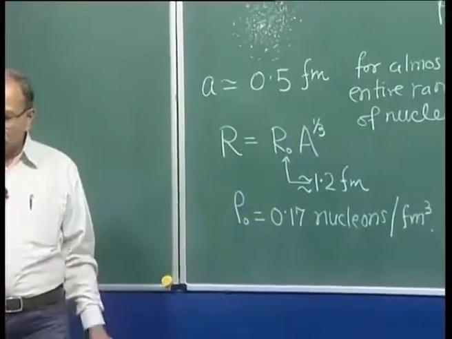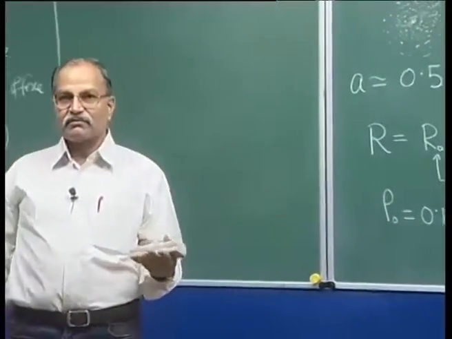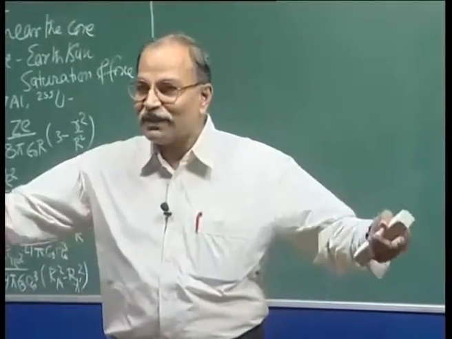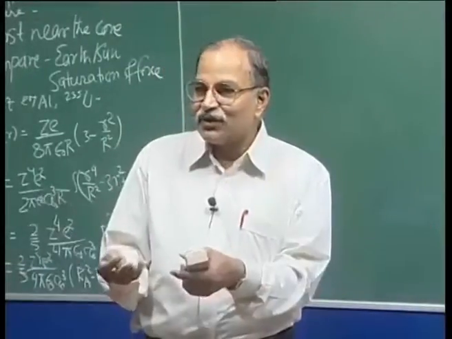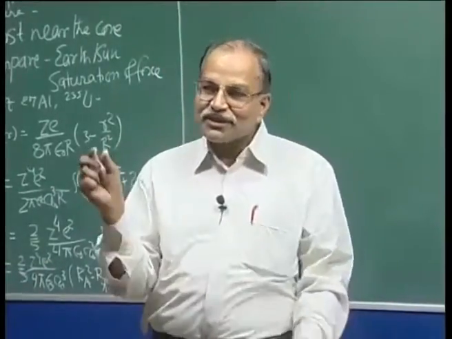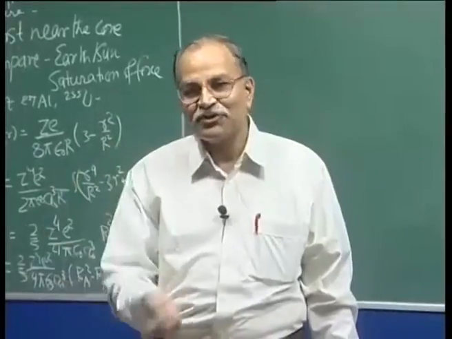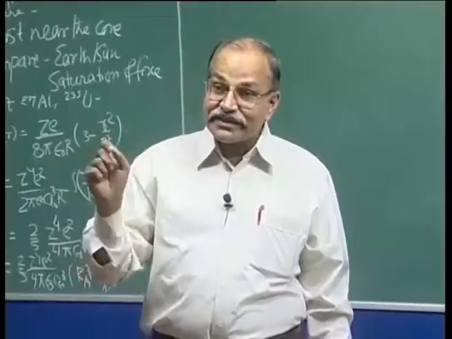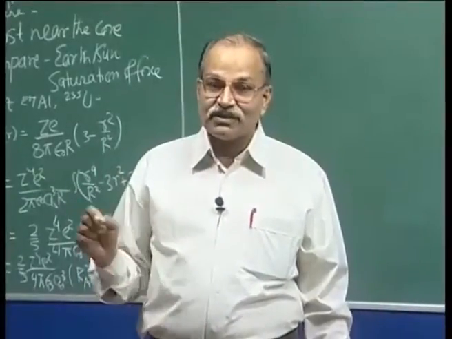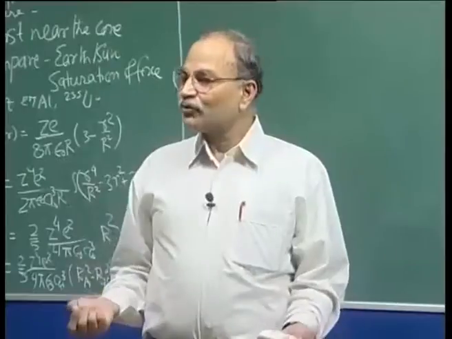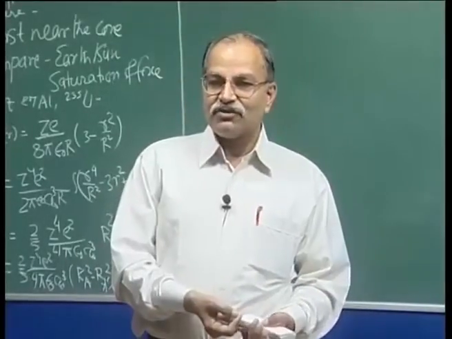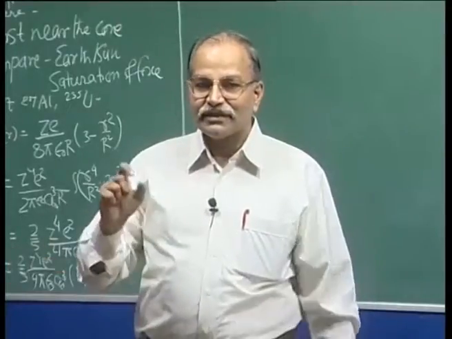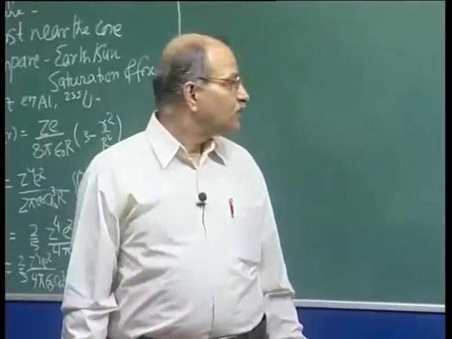Naturally, if you are working with heavier nuclei, then the core will be larger. If you are working with lighter nuclei, the core will be smaller, but the surface is still around 2 femtometers for almost all of them, right. And the density of nucleons in the core is also almost the same, whether you are talking of light nuclei, middle weight nuclei or heavy weight nuclei. So, what is A here, capital A?